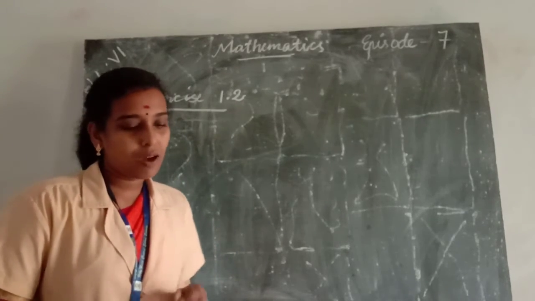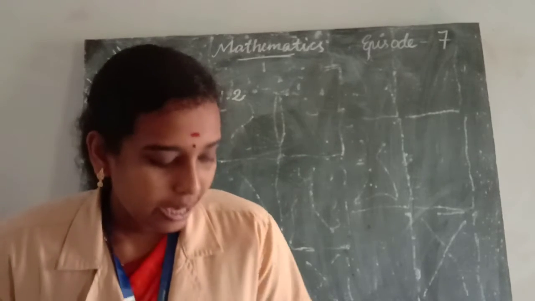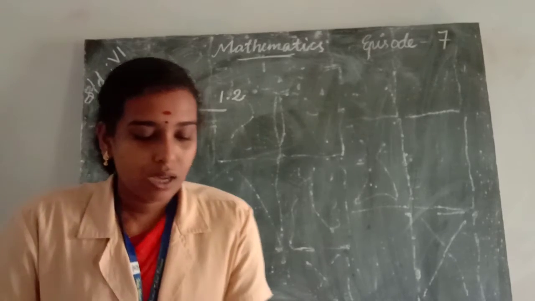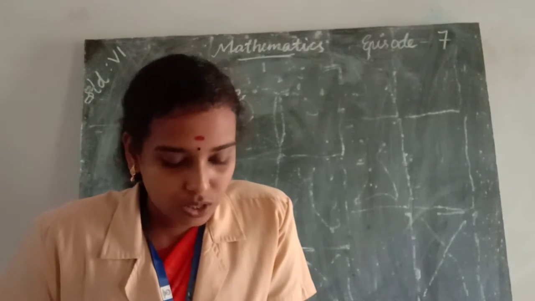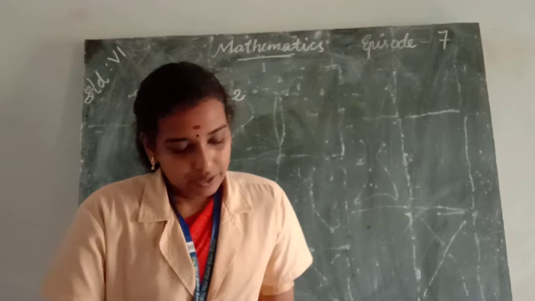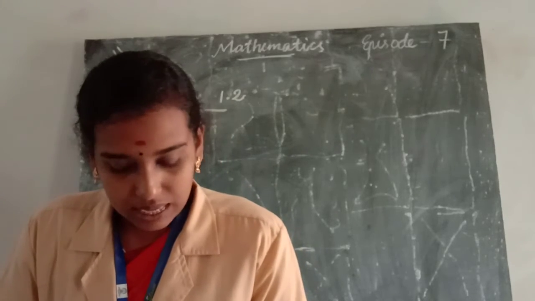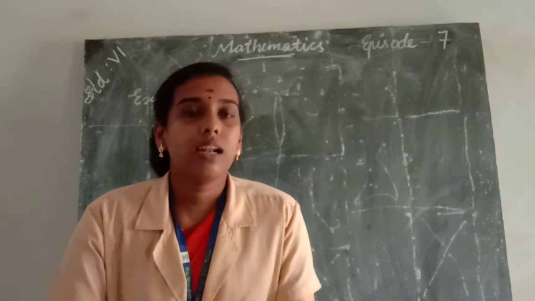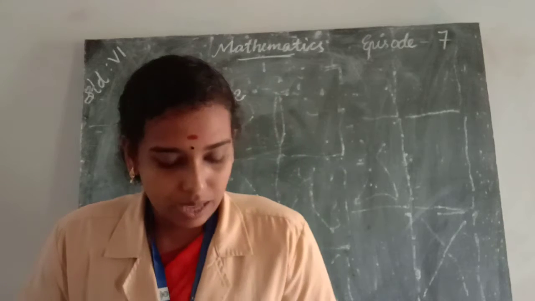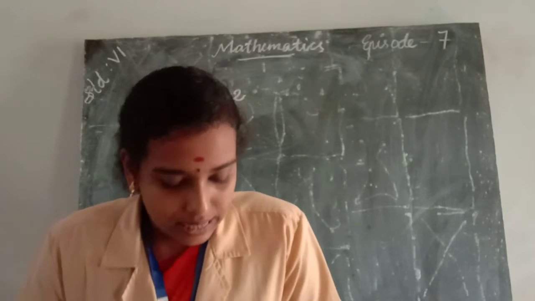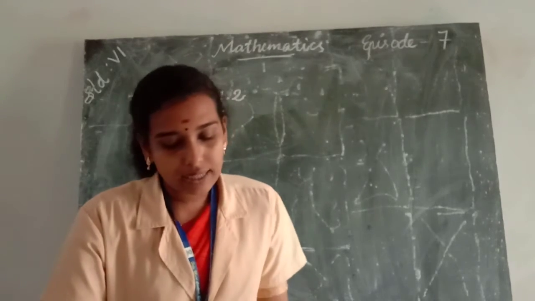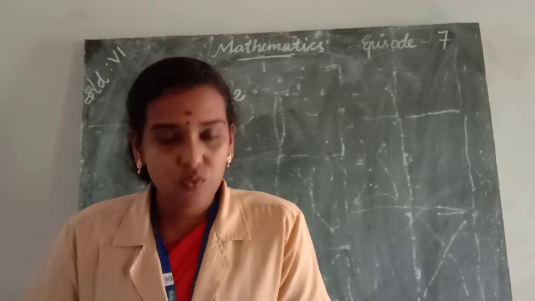We are going to discuss word problems in exercise 1.2, question number 11 and 12. Take your textbook, page number 70, and look at question number 11. The question is, the distance between the school and a student's house is 1 kilometer